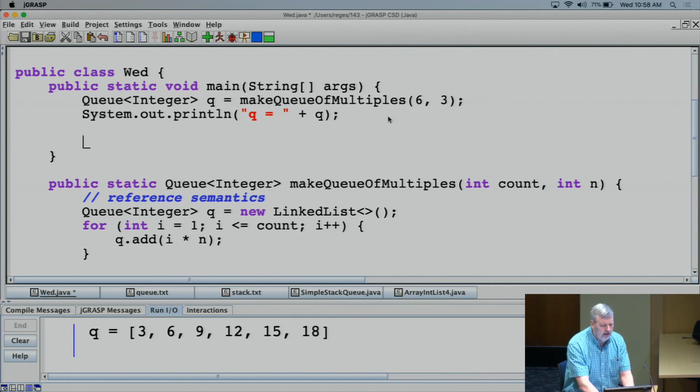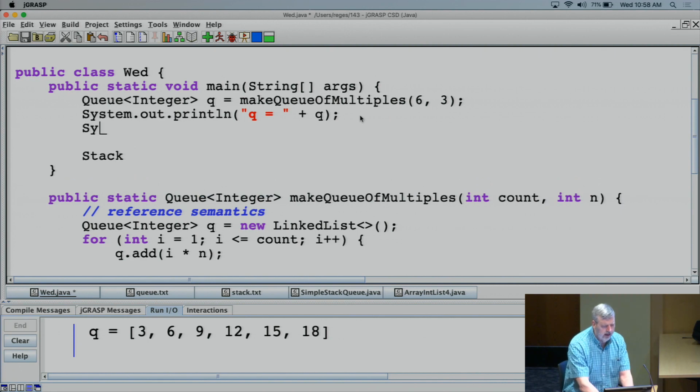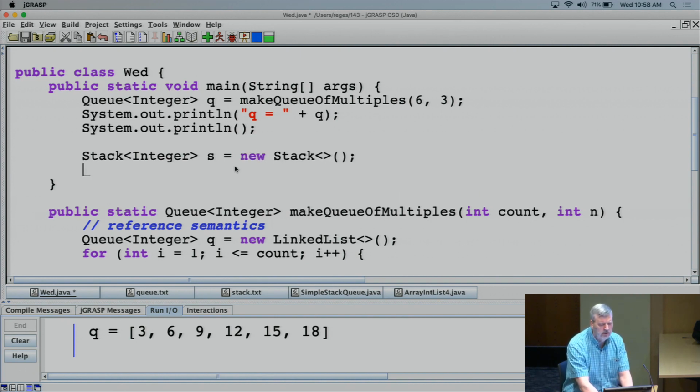I want to then have a stack object. Let me do this. I'm going to throw in a little println here, blank line. I'm going to do several little segments of code in main, and so we'll do a little blank line to separate them. So I want to make a stack of integer as well, and we don't have a separate interface type, so it's stack on both sides. We can still use the diamond operator. So I want to set up a stack, and then I want to write a method that I'm going to call